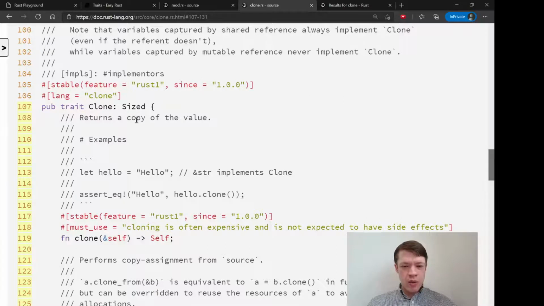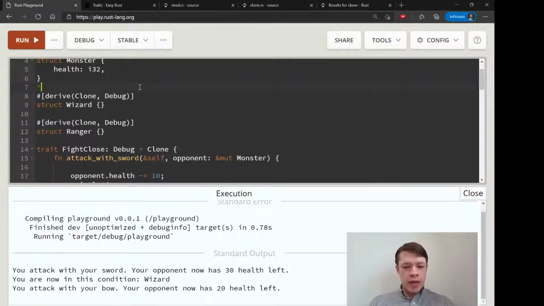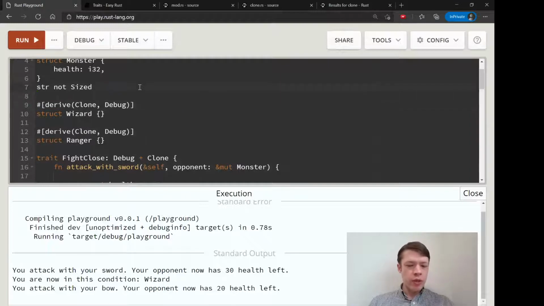We talked a little bit about Sized before, and a str is not sized, which is why we use a reference to read it, because a str could be this length, it could be this length, it could be anything. Whereas something like a String or any struct you make, Rust always knows the size of the type on the stack,